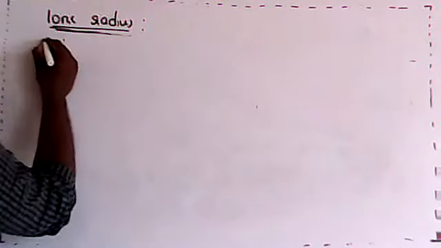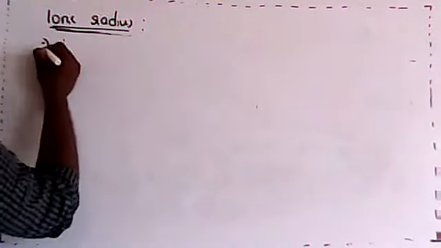So the first point is, cations will be, what do you feel, smaller or larger? Smaller. Why? Because it has lost the electron. Yes, very good, right? See here, cations will be smaller in size. You should explain in a better way, in a simple way, why the cations will be smaller.